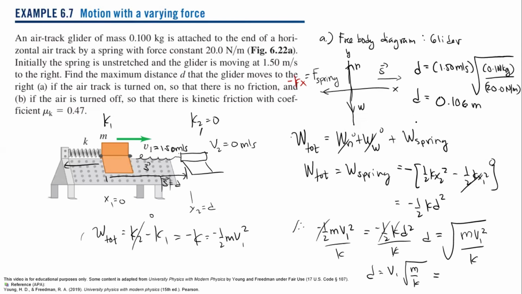So that is the maximum distance. As you can see, the distance is a function of the initial velocity, and it is also a function of the mass and the spring constant. Okay. So meaning the motion is affected,